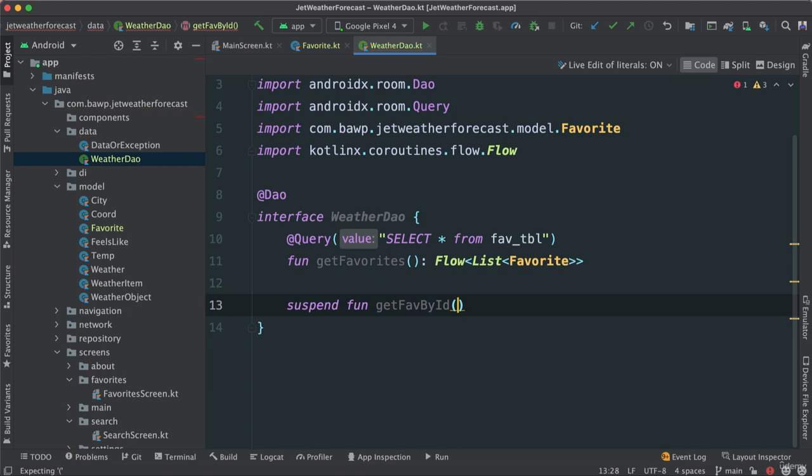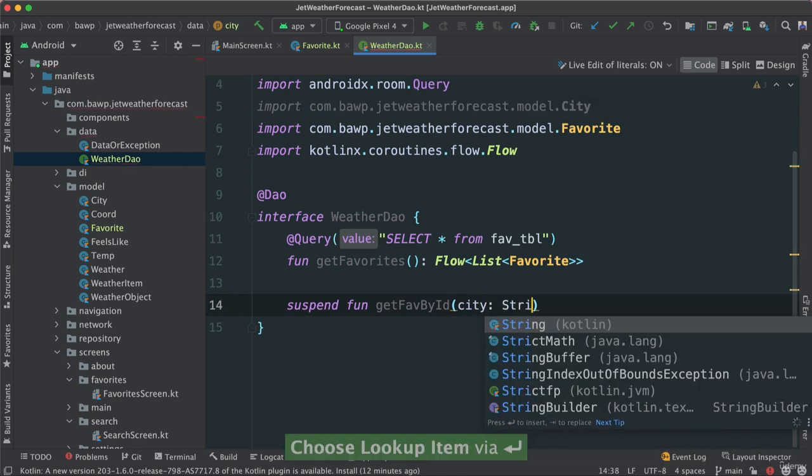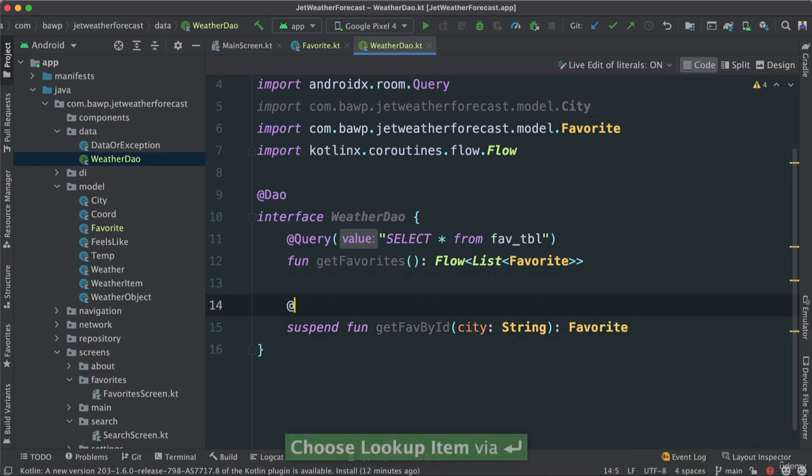Now we're not going to use this. I'm just going to give you a full picture here, right? Let's say I want to get my favorite city by its ID. The ID is going to be city, a string like this that they pass, and I want to return a Favorite object. And of course, I'm going to do the same thing. It's going to be a Query, and for the value, I'm going to say SELECT